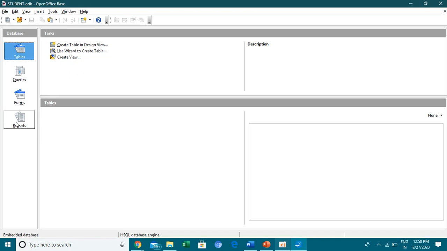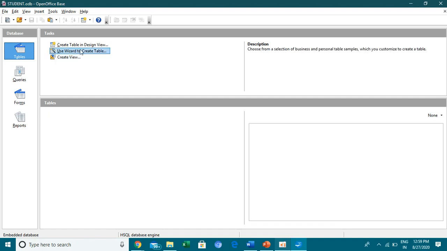This is my database task pane. Here I said a database can be organized in the form of tables, queries, forms and reports. Now we are going to create a table in the database. Under this database task pane, we have four options: tables, queries, forms and reports. But in this session, we are going to see only how to create tables in the database. You all know very well that tables are the basic building blocks of a database. They are used to store the data in the database.